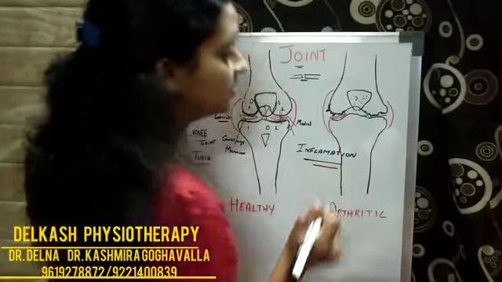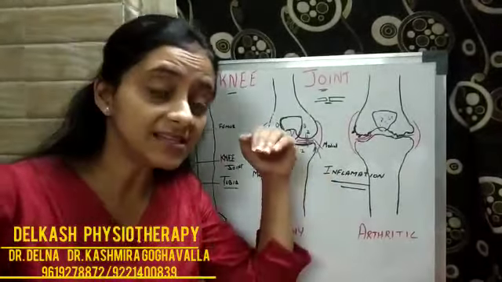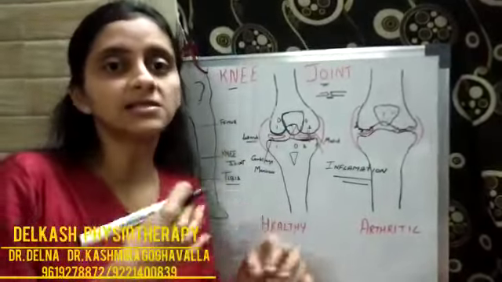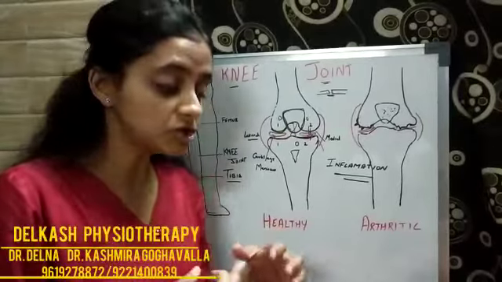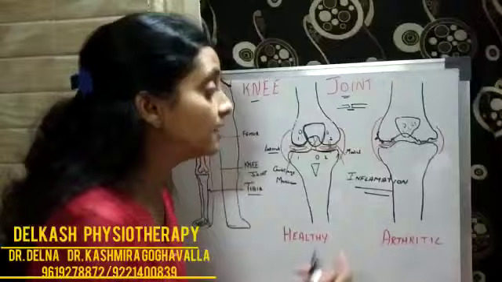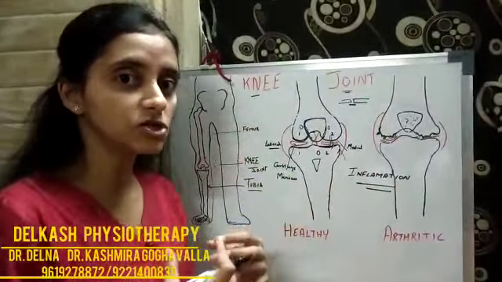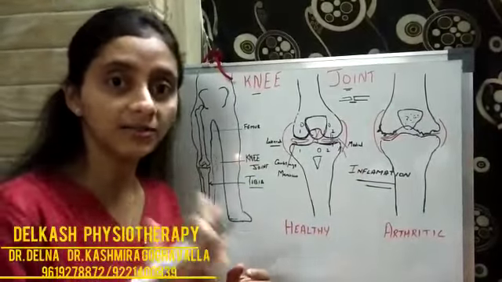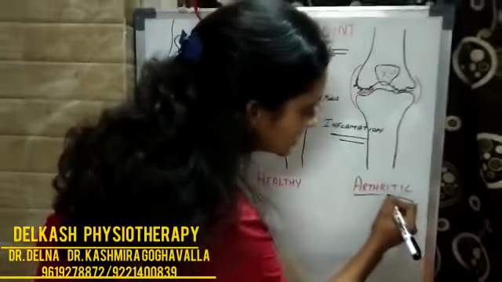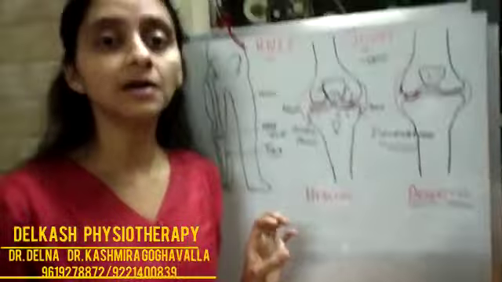Of the knee joint. Inflammation means redness, swelling, which is happening inside the joint. Externally, in the later stages you see that, but internally it starts in the beginning only, which you cannot see from outside. There is an internal swelling which is happening in the knee joint, and that is the inflammation. And this inflammation of the joint is what we term as arthritis. Arthra means joint and itis is inflammation. So this inflammation happens in the knee joint.